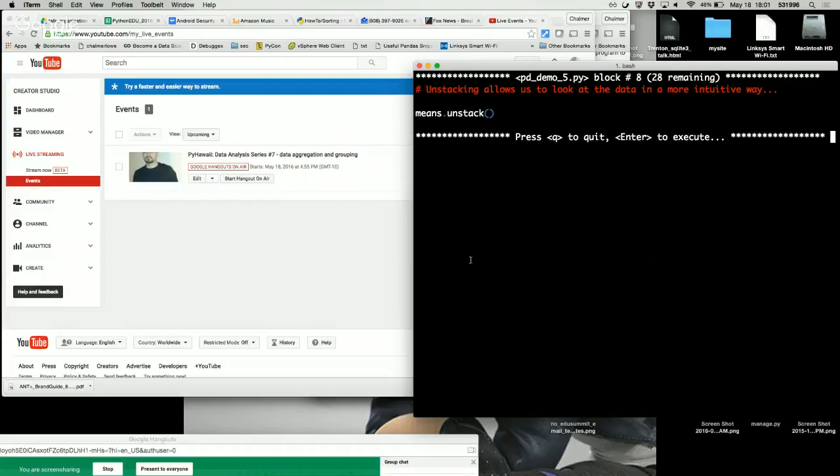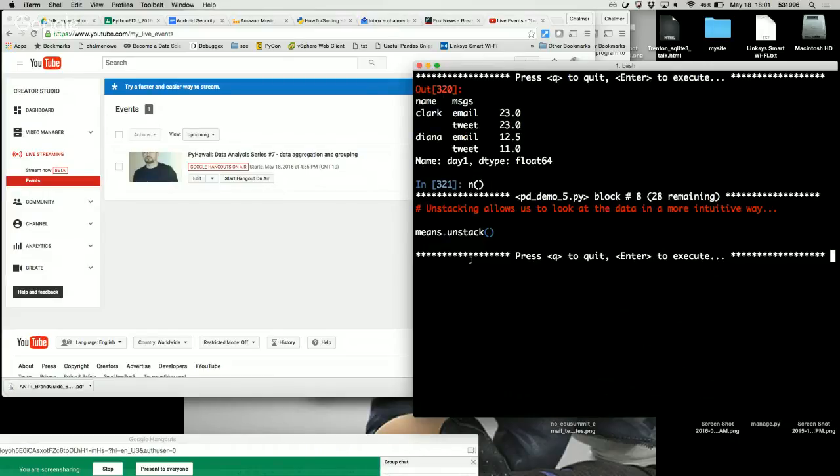And again, if you're picturing a data frame as kind of like a spreadsheet, this is a very convenient way to really run through large sets of numbers, etc. Now, I asked for it to show us the means a second ago, and it gave us kind of this format. Clark had some email, he had some tweets, and that works. But if you want to unstack those, so maybe see the emails and tweets side by side instead of one on top of the other,